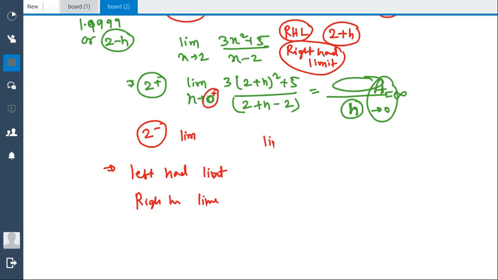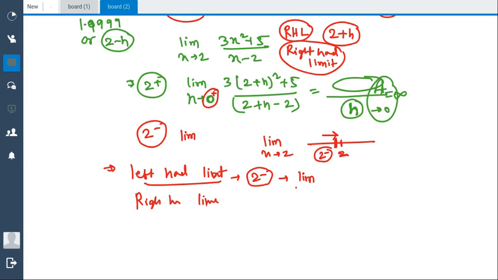So if some question says limit x tends to 2, so basically x is approaching 2 or x is tending to 2. So we can approach 2 from two sides. One is the left side, that is known as left hand limit. So basically this point is 2 minus, and this 2 minus is represented, in most of the cases, as limit h tends to 0, 2 minus h. And here we need to understand that in this 2 minus h, h tends to 0 plus.